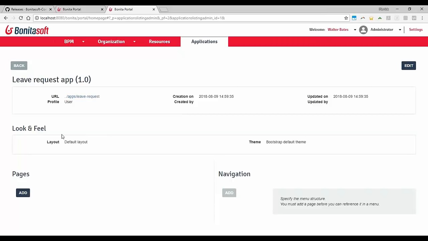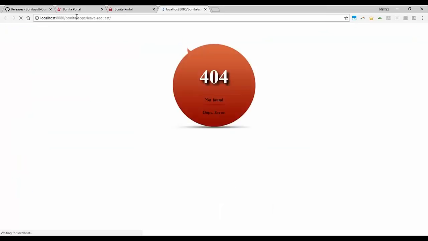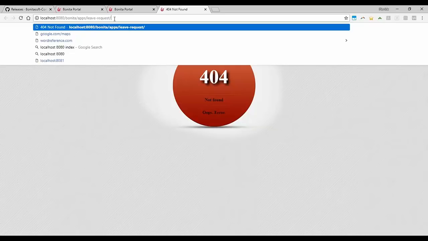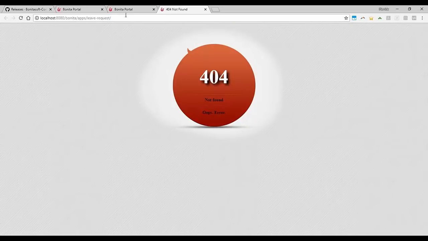The good thing is that this application is accessible from Bonita directly, so we have the URL here. It's a token. If I open it, you will see that it's hosted by the application. There is a not found because my descriptor is based on a specific page that I might not have added. So I would fix that, and we will do that in the exercise, by the way.